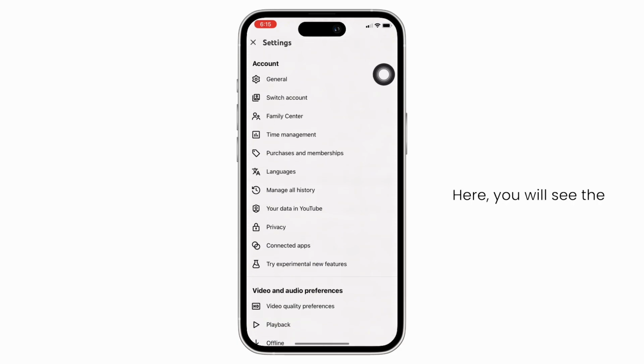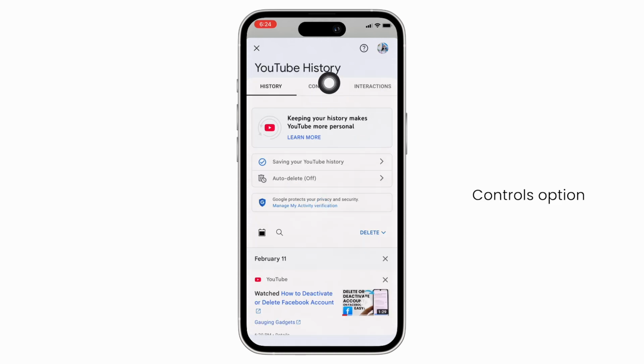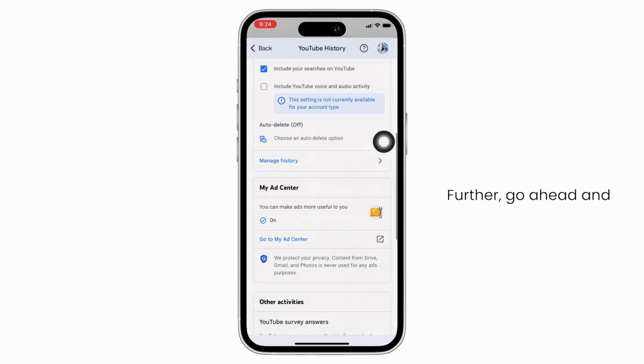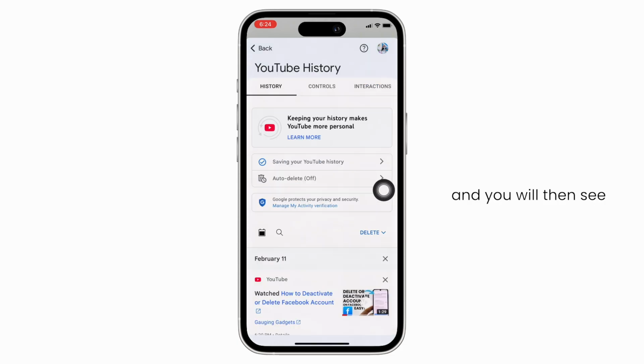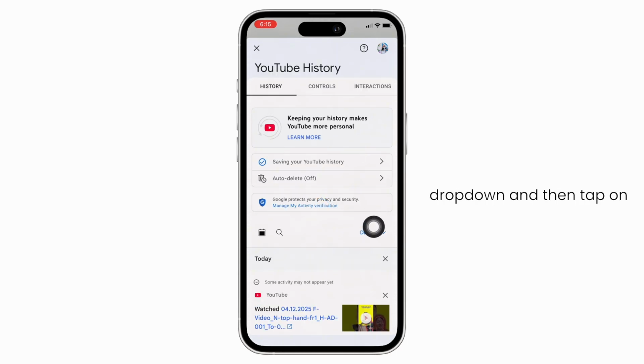Here, you will see the option for manage all history. Tap on that and then go ahead and tap on the controls option you see there. Further, go ahead and tap on the Manage History option you see there, and you will then see the option for Delete. So tap on the Delete drop down and then tap on the Delete All Time option you see